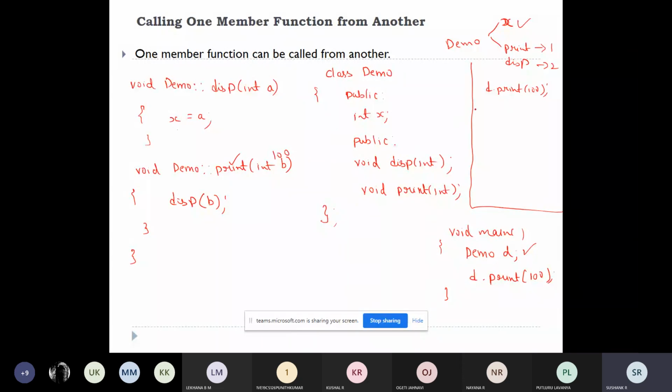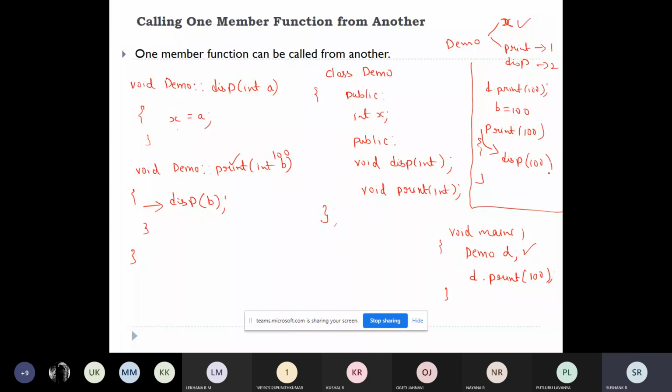So print of 100 means b will take the value 100, and inside this function you are calling one more function, display of b. There is a function called print which is taking the value 100. Inside this print function, you are calling one more function called display. For display, you are passing the value of b, which is nothing but 100.